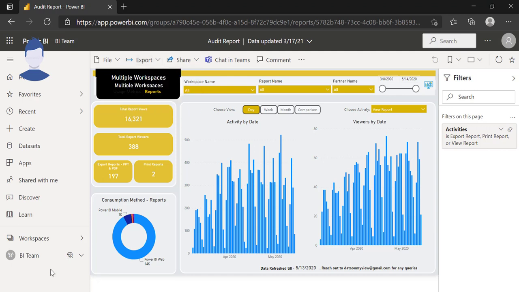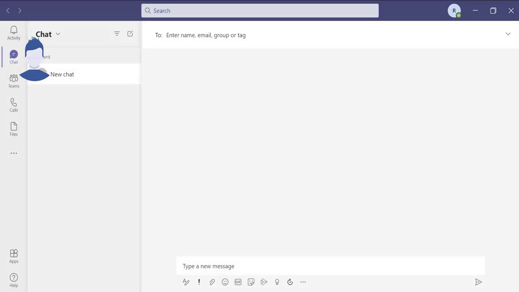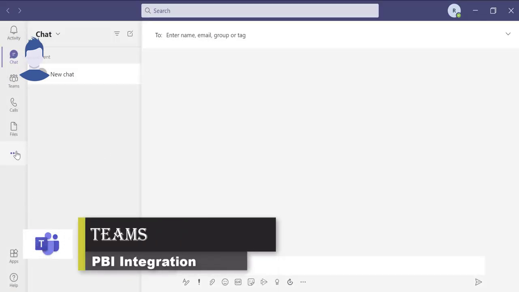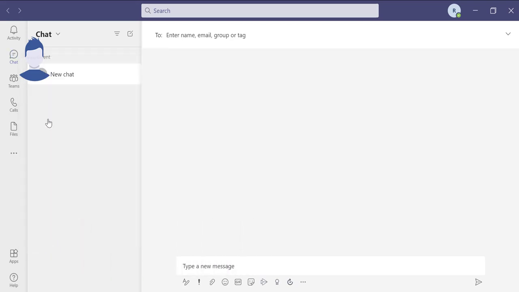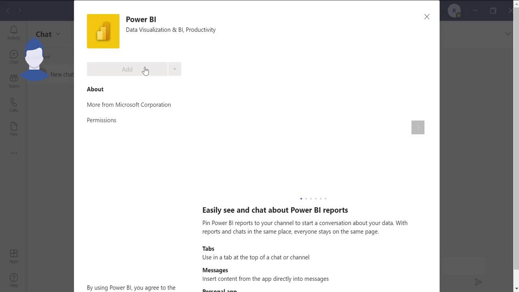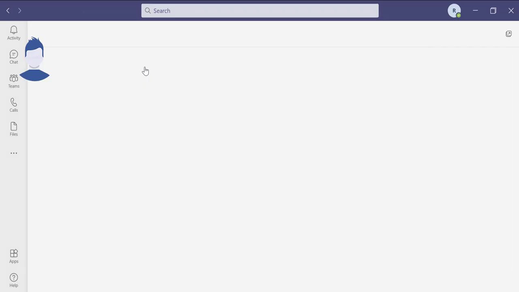He uses Teams most of the day, so he wants to see what else he can do within Teams in terms of Power BI access. He is logging into his Teams, and he can go to the three dots and search for Power BI. So this is one, and just add it. Once this is added, he will see the same look and feel that he saw in his browser within Teams itself, right? For the first time it is loading.